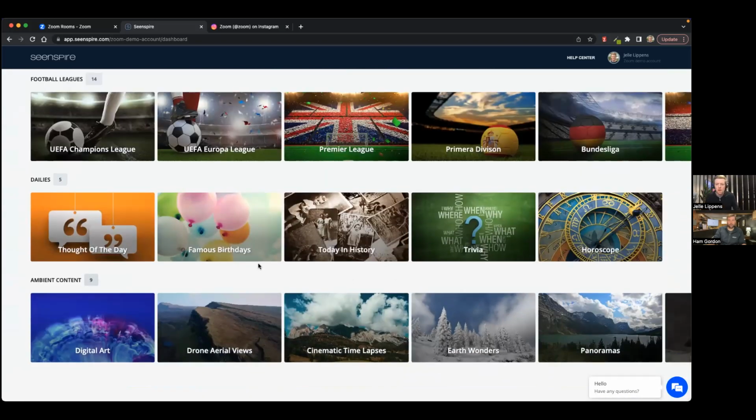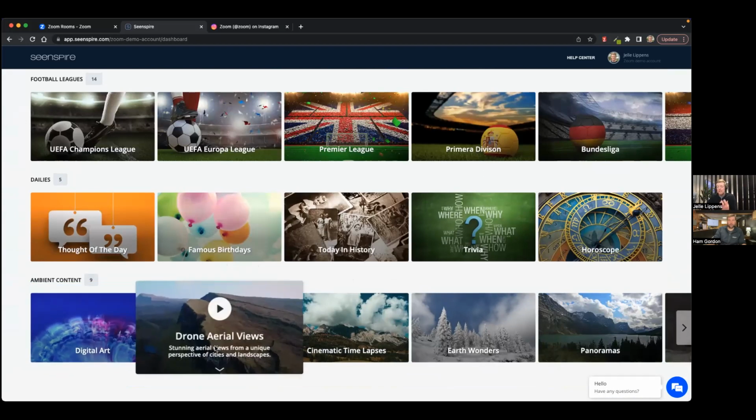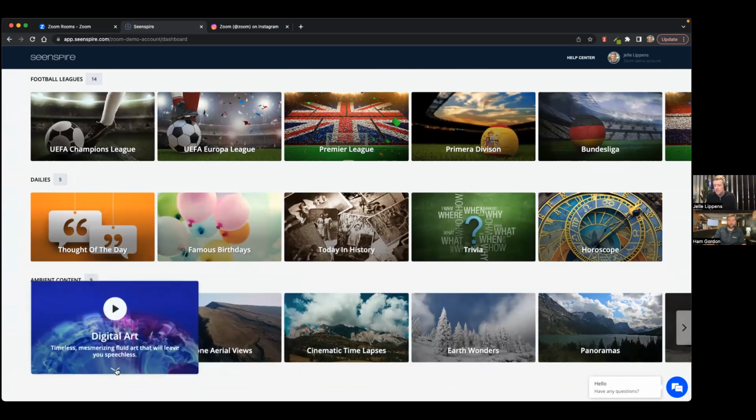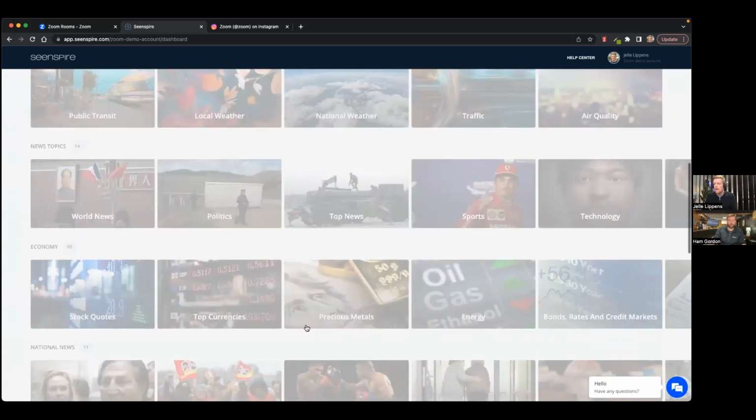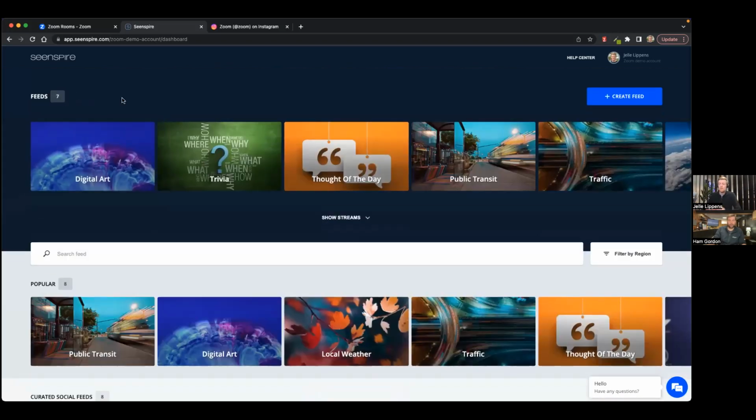Also great in break rooms. And it's also nice to, for example, bring some nature in or digital art, again, to enhance the experience that you have in that space. So I'm going to add this one here. There you go. And just like that, you can see that because we have that full access to